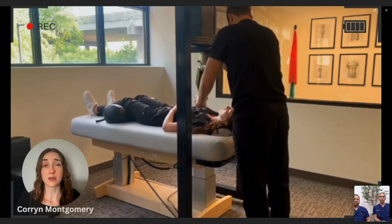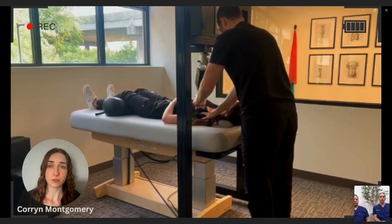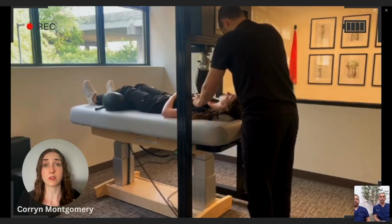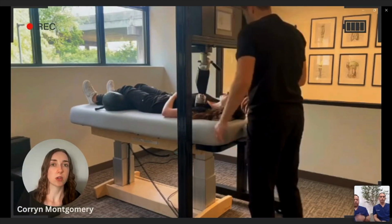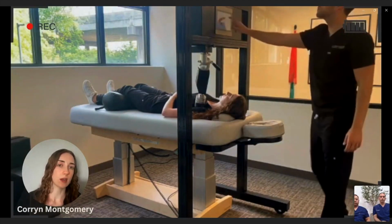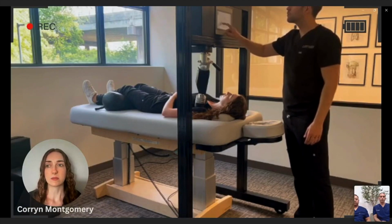Now, as a Michigan Center for Regenerative Medicine patient, we are going to offer you a free evaluation and a free 30 minutes on that robot. So please feel free to schedule. You can come in, you can have a taste of the robot, see what it feels like. It's absolutely pain-free, really comfortable, and